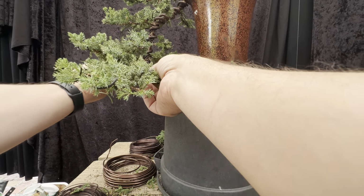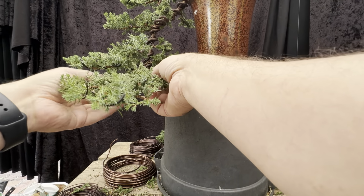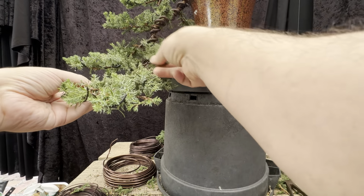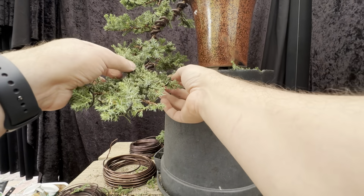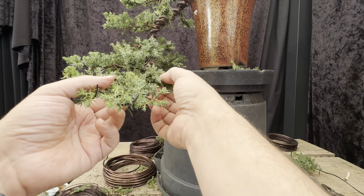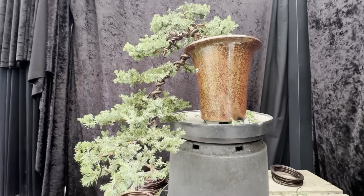I like that one back there now. I'll bring this big one around here into here. So as I said, you always keep tweaking until you're happy with how it looks, but that's the beauty of wire. Now, if you want to own a conifer bonsai at all,